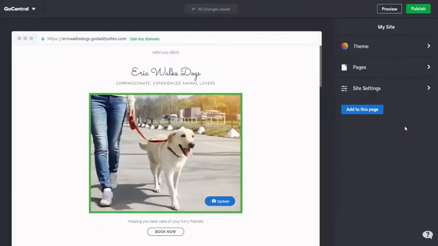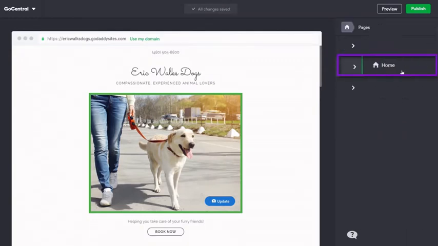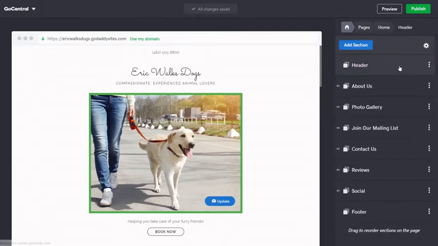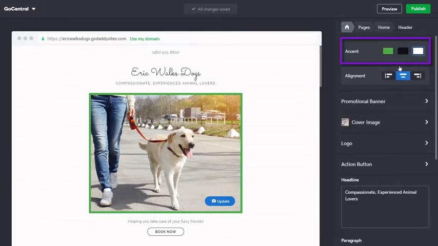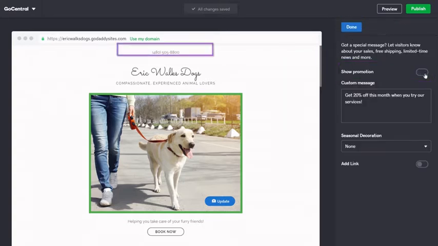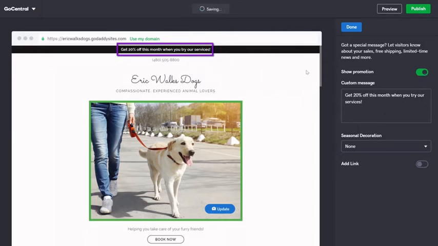Alright, so we're in our editor, and we're going to go ahead and click on Pages, and click on Home. And we're going to start at the very top, so clicking on Header, there's a few different options here. We can change our accent color, change the alignment of the text, even add a promotional banner. The cool thing about a promotional banner is you can let people know when they come to your site. Maybe you have something special going on. You can get 20% off if they sign up now, or put your phone number up there so people can